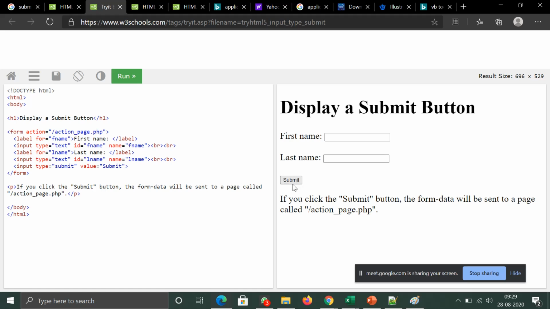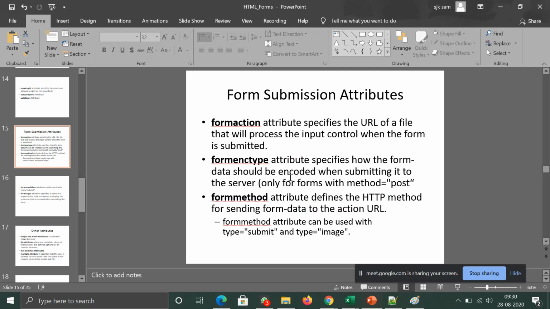If you click this, all the form information, so here you have the label name, everything, will be submitted to the backend. Normally HTML is the front end, which I taught on the first day. At the back end you'll have a server-side scripting language, Java or Struts, or Hibernate in the background. Or if it's a .NET application, you'll have ASP.NET or C# running there, which will in turn communicate with the database. So all this form can be submitted using the submit button.